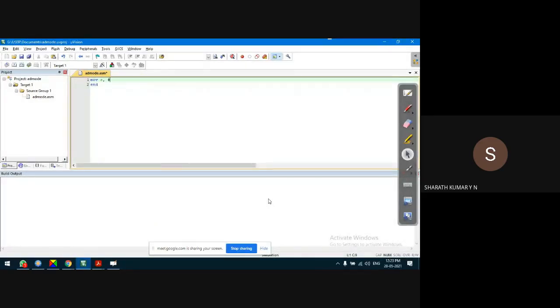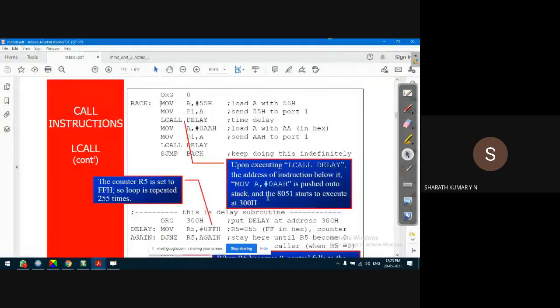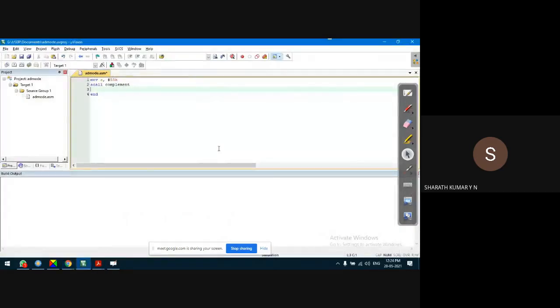MOV A, #55H. Then ACALL complement. Then ACALL delay. This needs to be repeated a number of times, so SJMP loop.